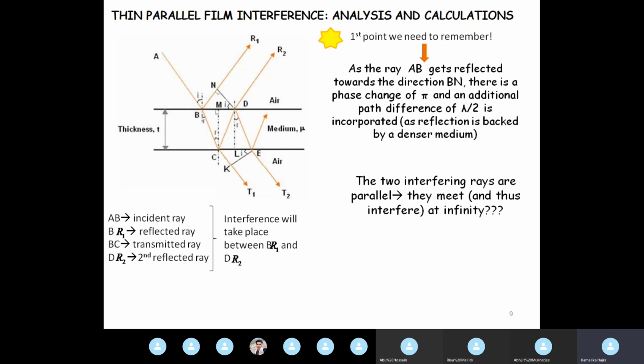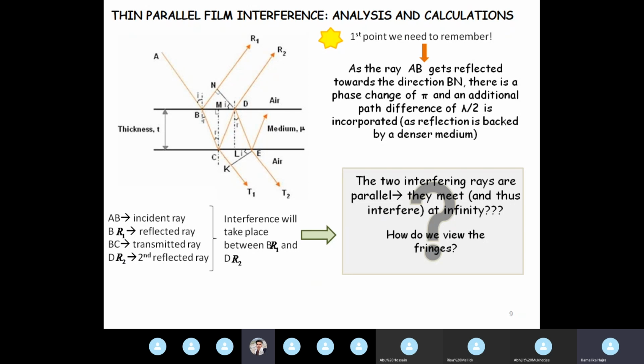Right? So that's the question that should come next to our mind, and that we should address before moving further with this discussion. So how do we view the fringes? We cannot set up an observing apparatus at infinity, or we cannot ourselves go to infinity to see the fringes. So what do we do? Any suggestions? How do we see the fringes?